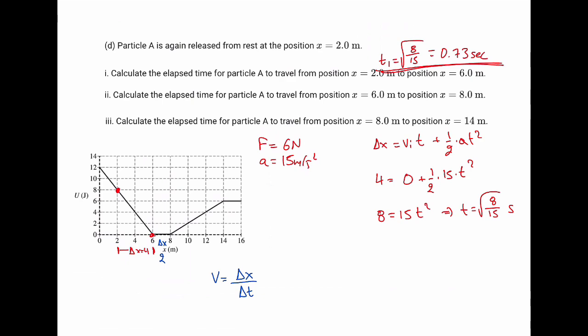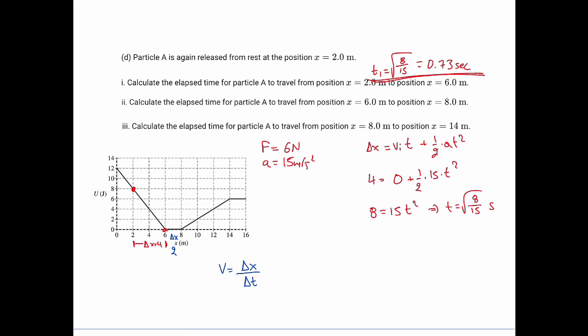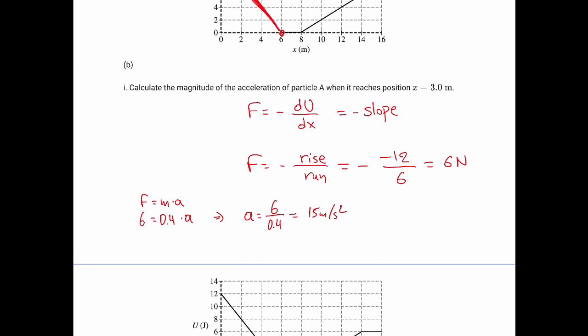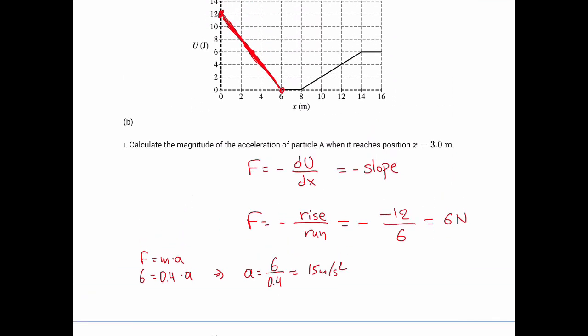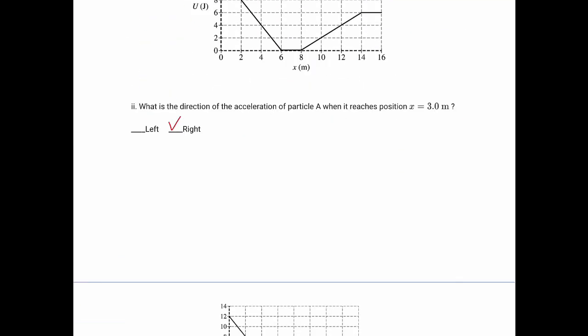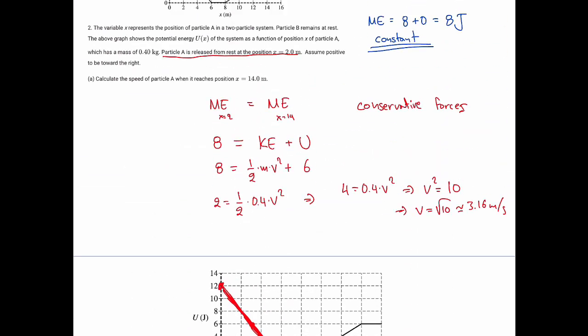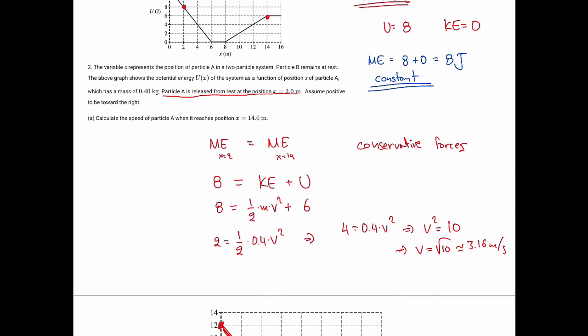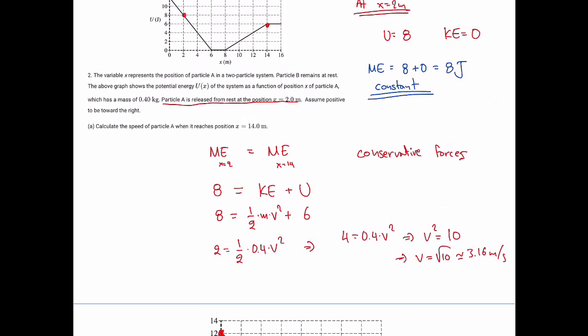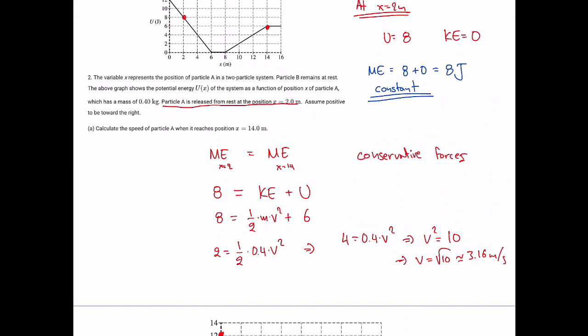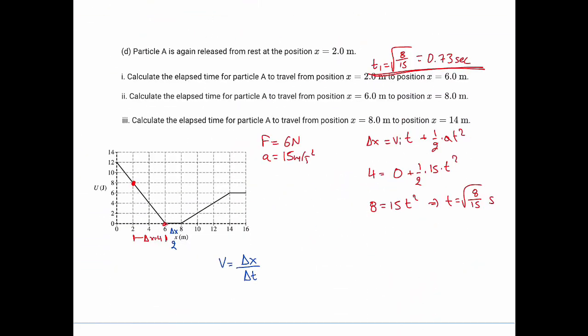Now, the final velocity at 6 meters, I think we have calculated in part 1. I might be wrong. No, we found the velocity at 3 meters. Now, either we'll use a similar way. Actually, I'm wrong. We have found the velocity when the position is 14 meters. Maybe we'll use this for the last part of the question. However, since we didn't find the velocity, either we will use a similar way, like with the law of conservation